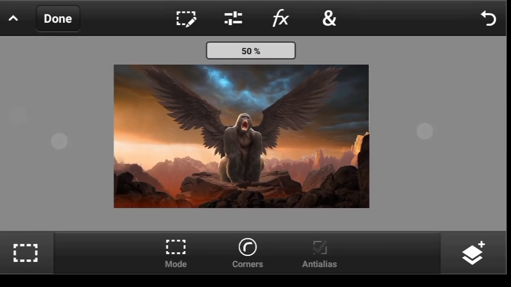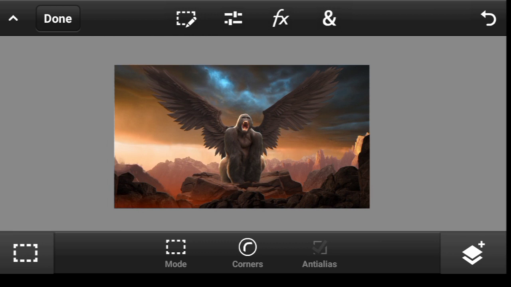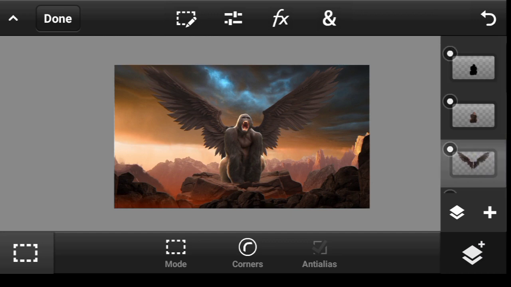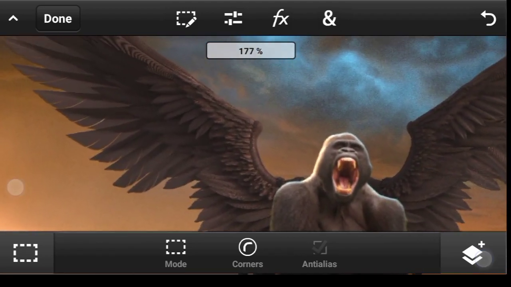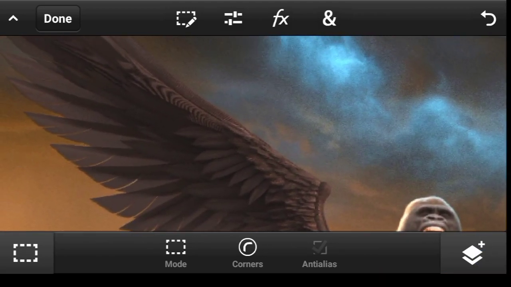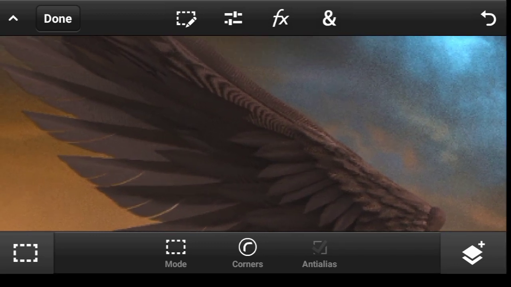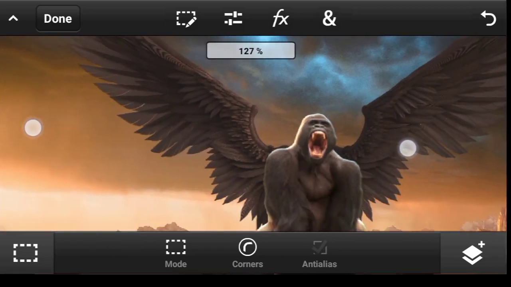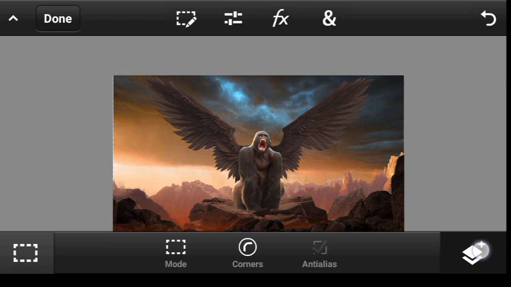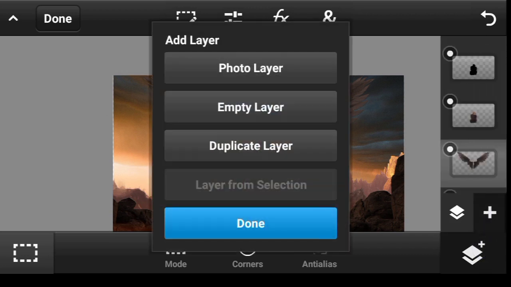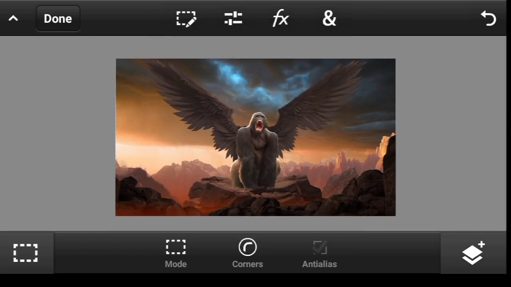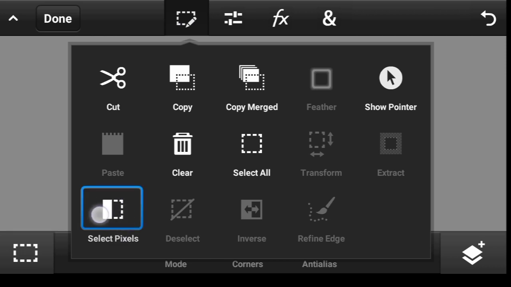Okay, and now we are going to be doing the same thing for the wings. So let's click on our layer drop down and I think this is the wings layer. So what I want to do first of all, as you can see, I can just add like edges highlight to this because these are feathers and I think the light will penetrate through them. So what we're going to be doing is this. Go back to your layer drop down, duplicate this wings layer like so, then click done. After that, you click right here and click on select pieces,